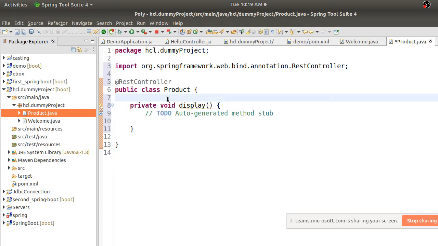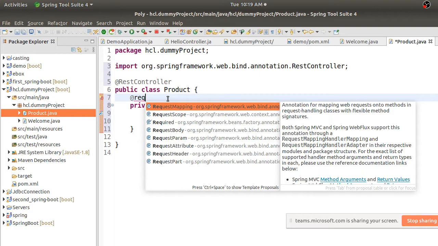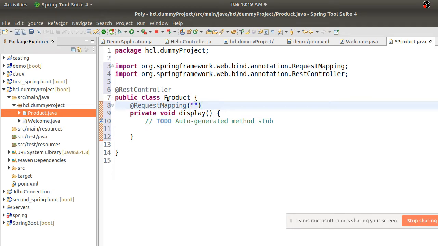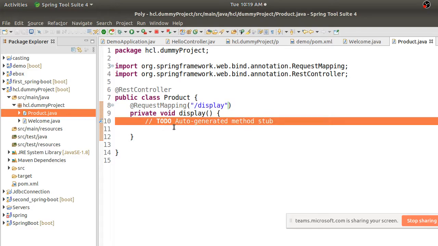For this I have to have a request mapping. What is the request that I'm sending? Say I'm saying /display. If I'm calling this /display, I have to print this, right?